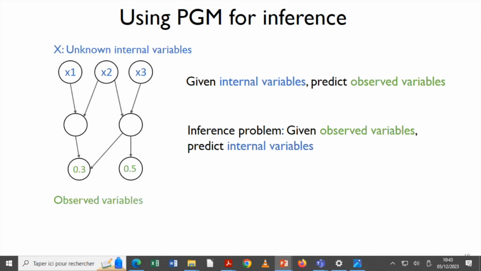But the inference problem is actually the flipped one, where we see the observed variables, but we want to figure out what the unknown internal variables are. And you can see, here I'm showing you 3 internal variables. And if those are binary valued, then you have an exponential number of choices to figure that out from. So that's where the intractability comes from.